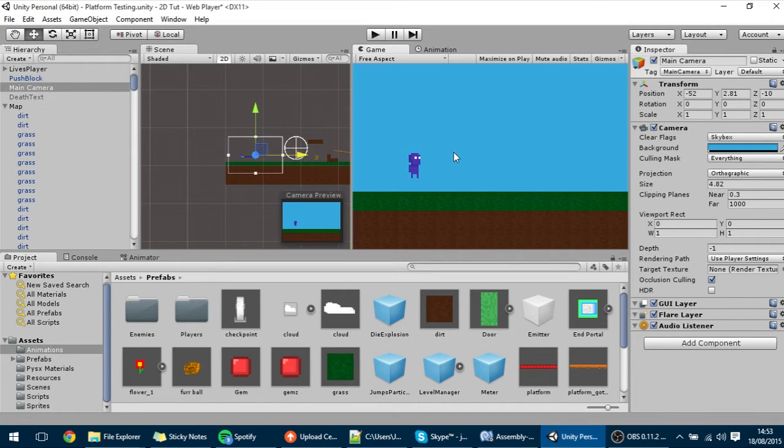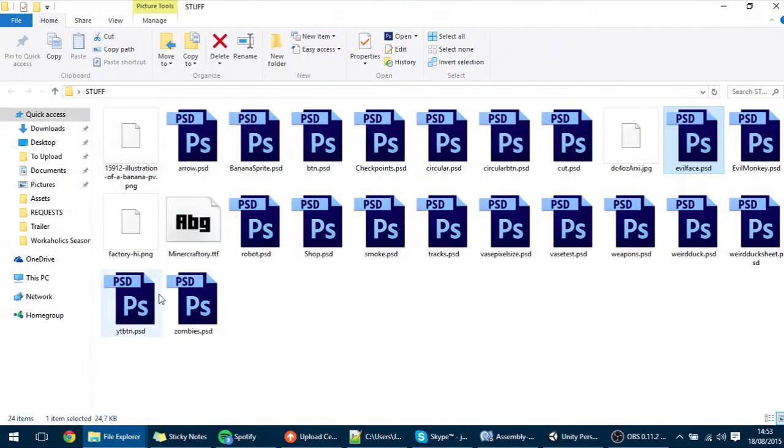Hello guys, in this tutorial we're going to make a zombie enemy, and the zombie will patrol a certain area. Anyways, let's get started. I've got here the zombie